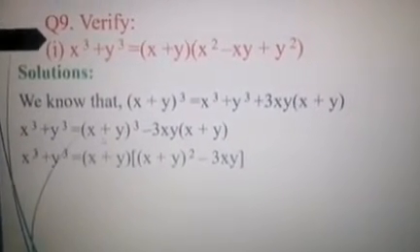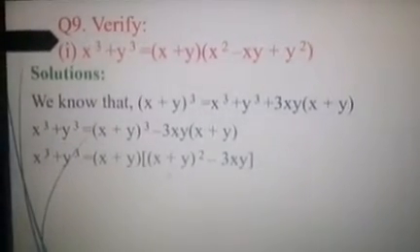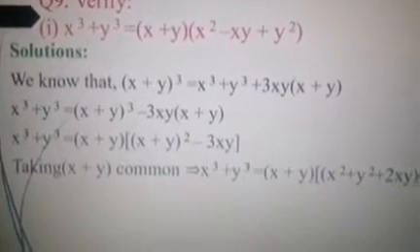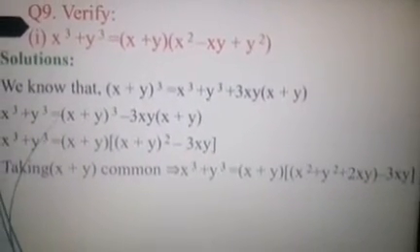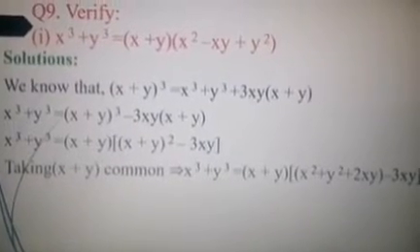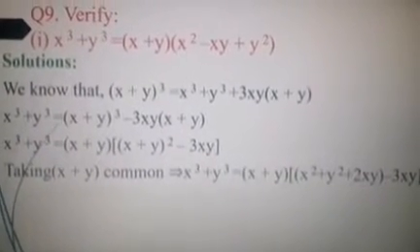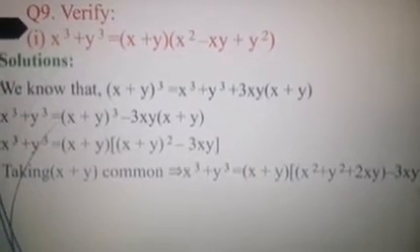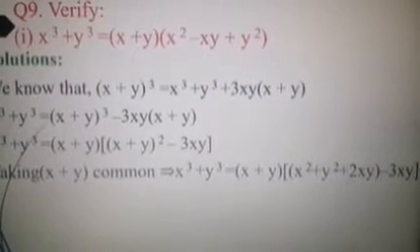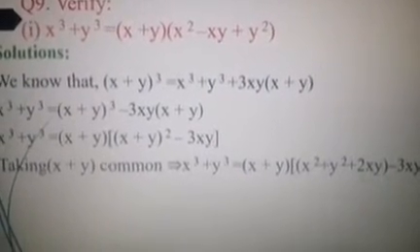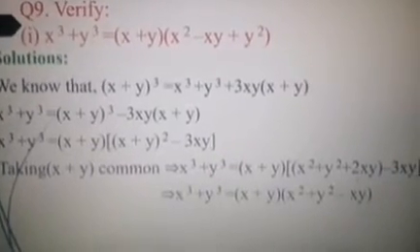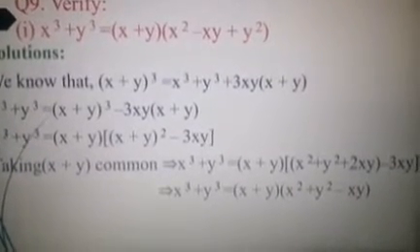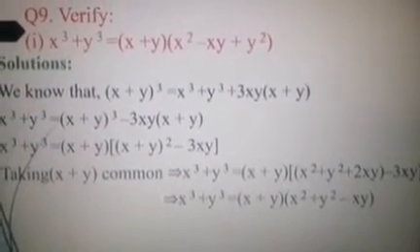So when you take x plus y as a common, here I'll be left with x plus y the whole square minus 3xy. Okay. So when you take that common and once you simplify, that is x plus y the whole square. So I'm going to use x plus y the whole square identity within the bracket. That simplification you can see. It is x square plus y square plus 2xy minus 3xy. So what is x square plus y square plus 2xy minus 3xy? It's nothing but minus xy. So you can see that we got the result now. So this is what we are supposed to prove it, right? Look at the question and look at the answer that we got it. Yes, it is exactly the same.